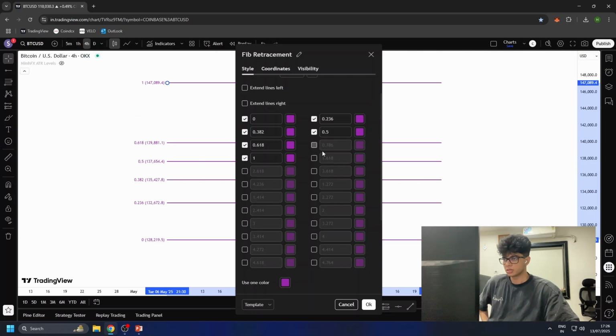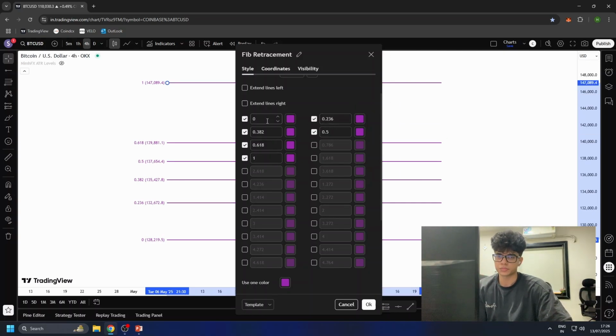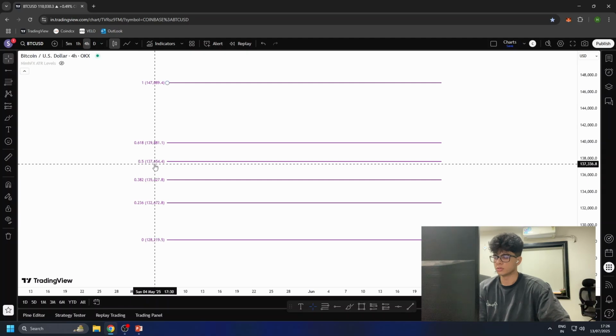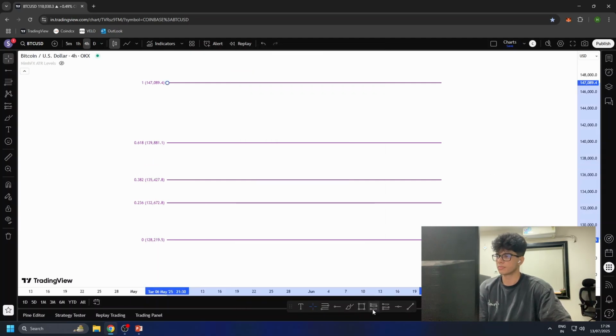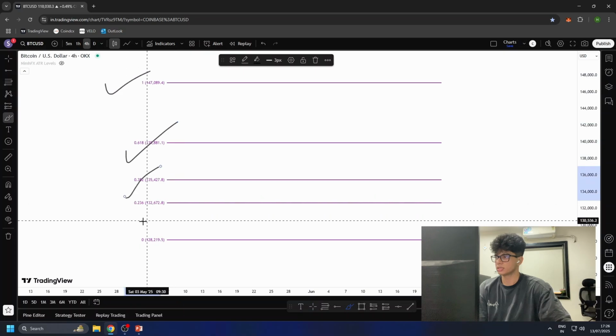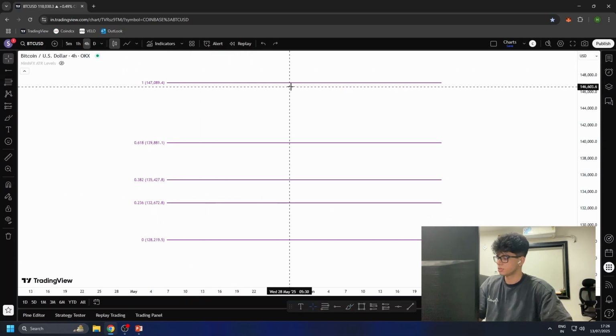the ones that are still going to be on, not even 786. It depends, but like I don't have it turned on because then it gets messy, right? And the remaining are the ones that I use frequently, right? The 618 and the 382 are the powerful ones, right? As you guys know already. Even the 0.51 I don't really care about it as much because I like these more, right? Anyway, so